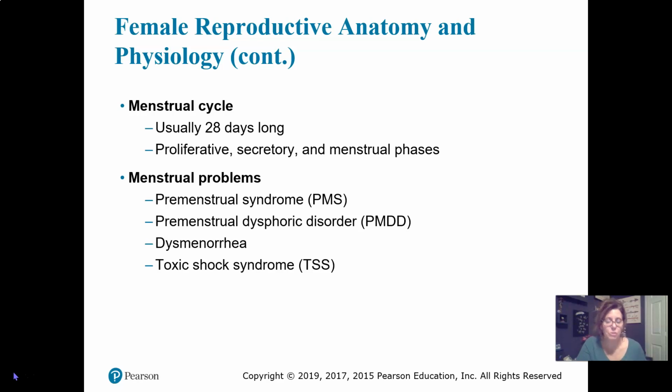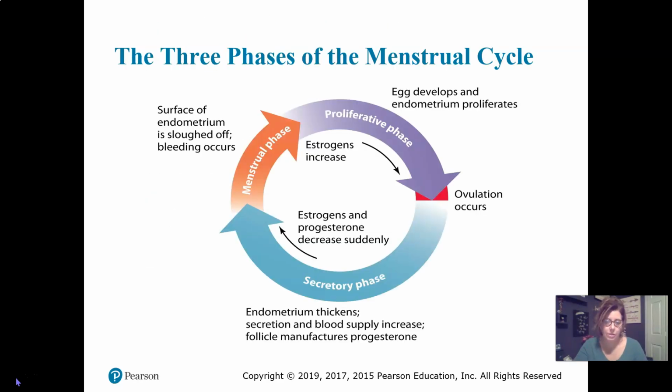There are other menstrual problems as well, but these are just typically the most common. Another one that is notable is endometriosis, and that's when part of the lining of the uterus detaches and attaches itself to other organs in the body, and you also bleed from that point during menstruation as well. Here is a quick diagram of the 3 phases of the menstrual cycle.